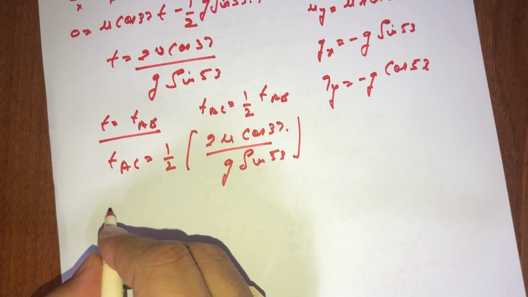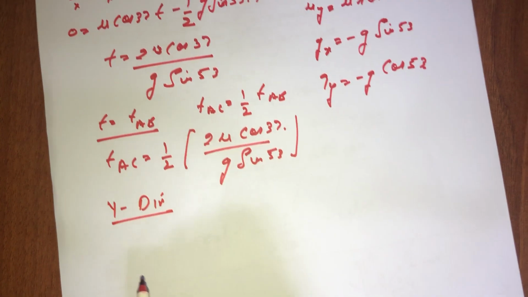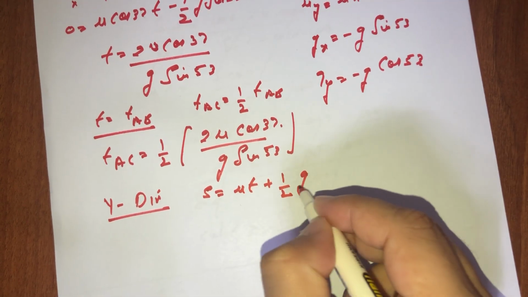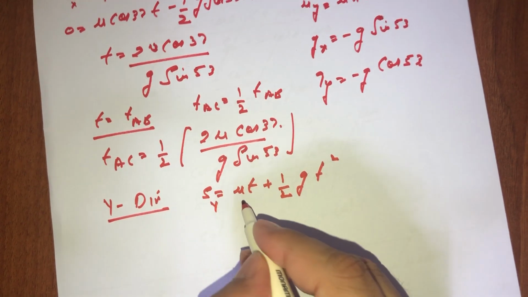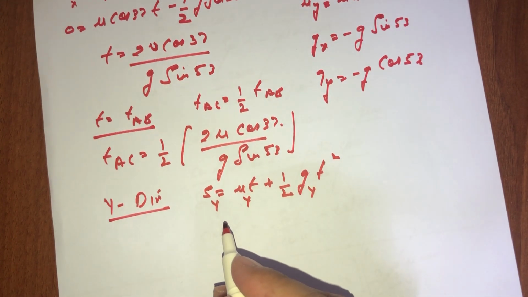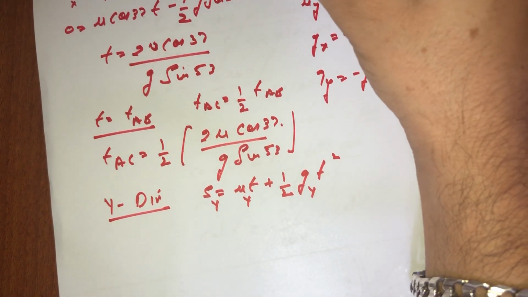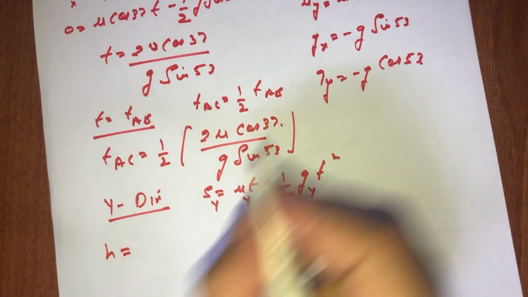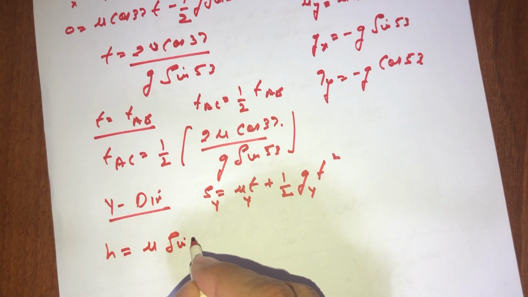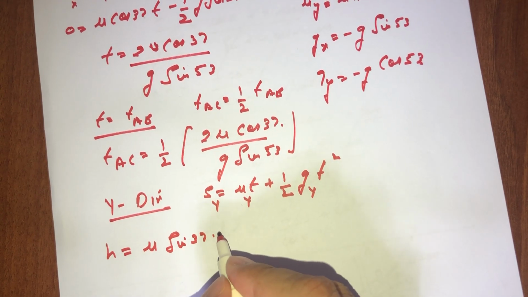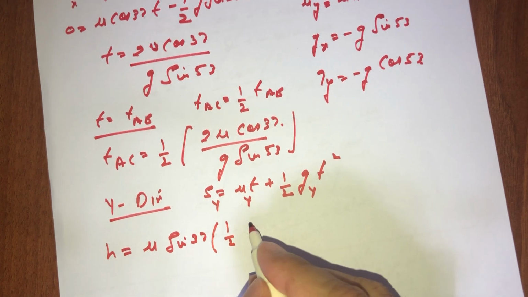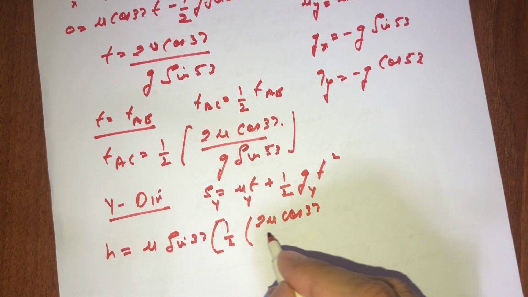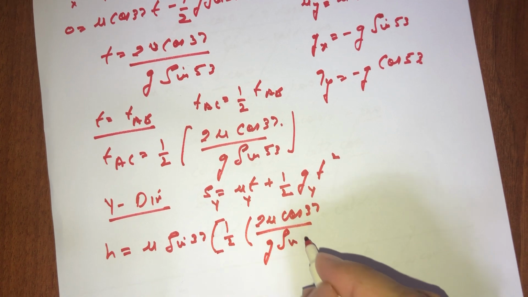Now in y direction, we are going to use the same formula, S is equal to ut plus 1/2 gt square. So in y direction it moves h. So S of y will be equal to h. This is equal to u of y, u of y is u sine 37 multiplied by t. Value of t is 1/2 of 2u cos of 37 divided by g sine 53